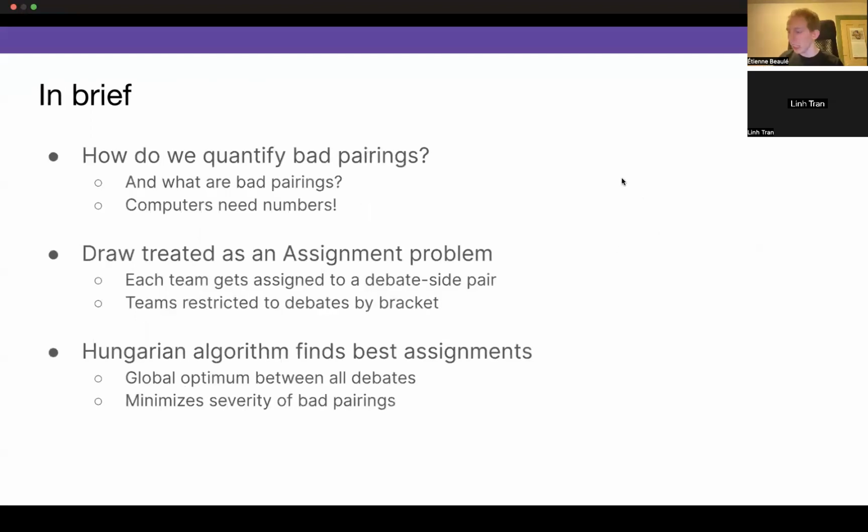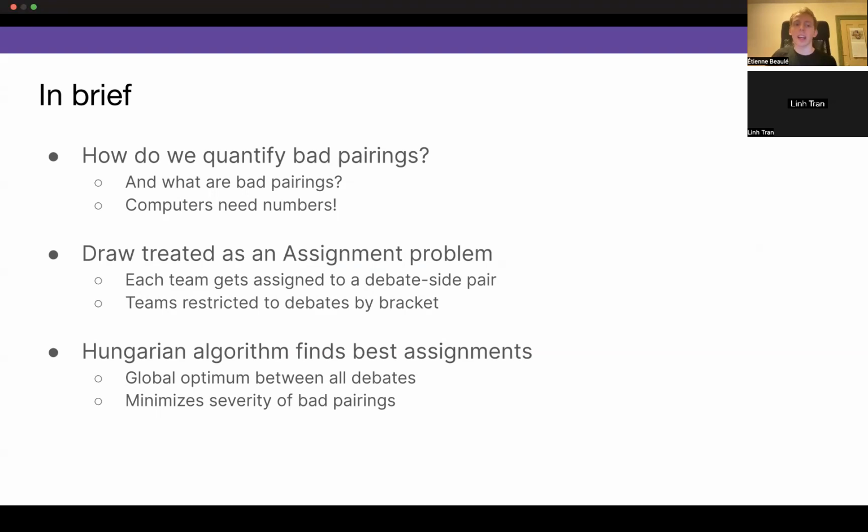So, in brief, computers like numbers. They can't think "this team looks better"; they can only know this team has this number of points, has been in position OG once, OO once, CG zero times, and CO twice.